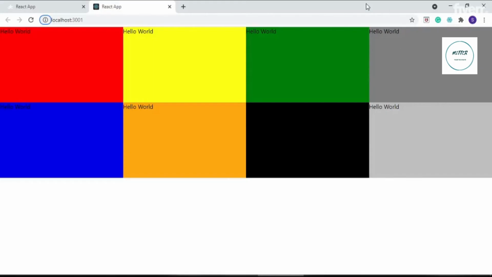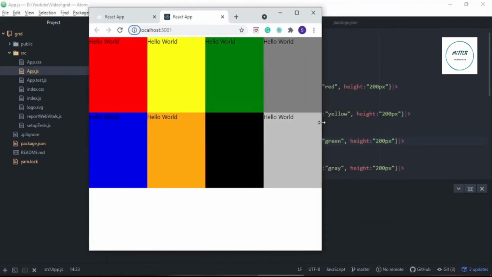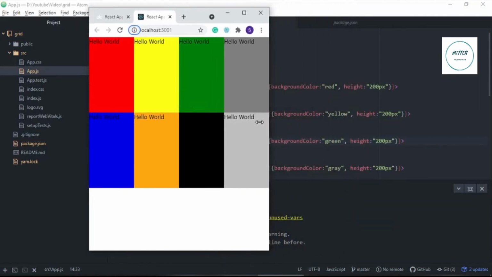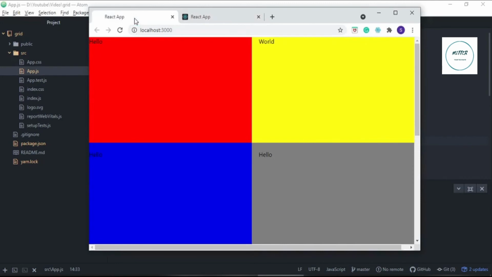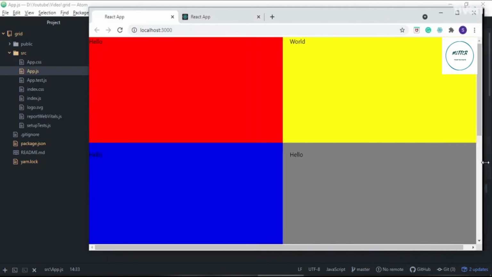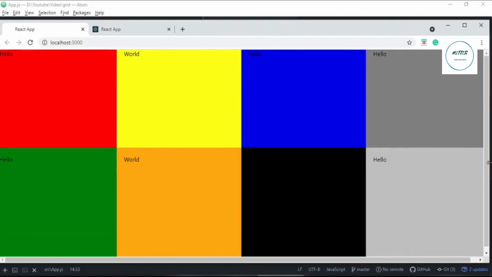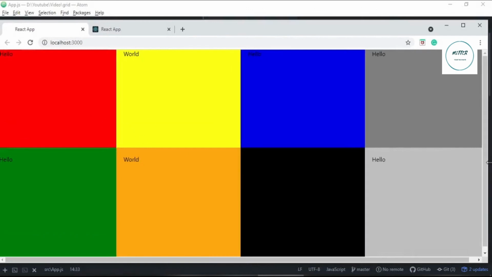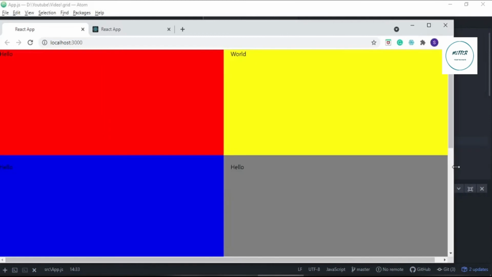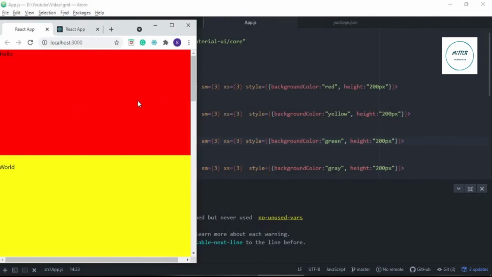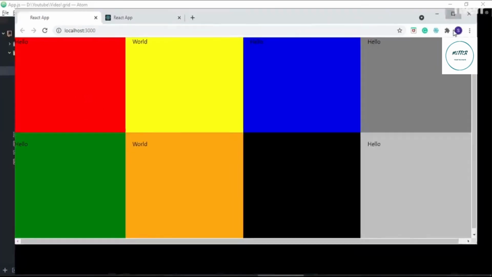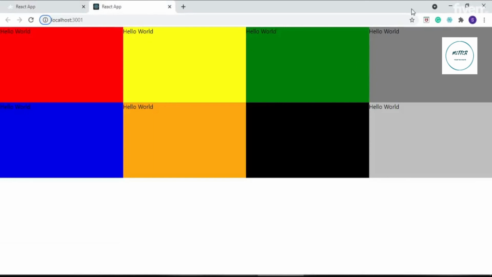So now what will happen if I reduce the size of the screen? Even if I keep reducing the size of the screen, this is the minimum I can reduce on my browser. You can see still 4 blocks are appearing on the same row, but in our original application, if I have a large screen, then I have 4 blocks in one row. If I make it small, then I have only 2 blocks here, and if I make it extra small, then I have only 1 block here. So we need to achieve the same kind of result in this app which we are building.